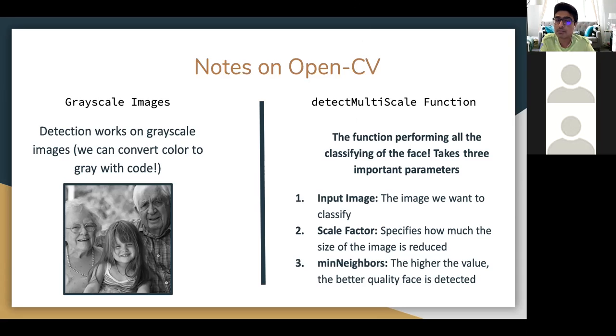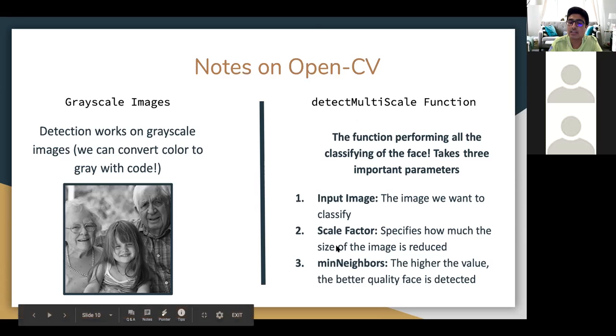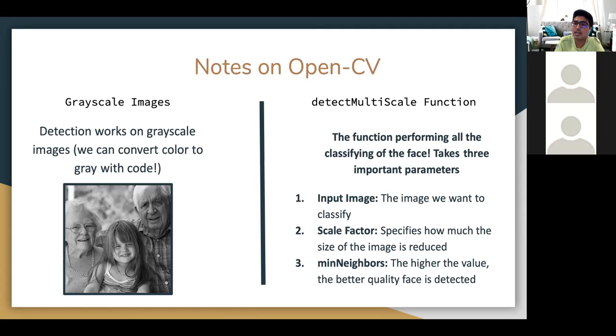Then we're going to have something called a scale factor, and that scale factor is going to dictate how much we are going to reduce our image. And then the third bullet point right there, the minimum neighbors. If we have a higher value for our minimum neighbors, the better quality